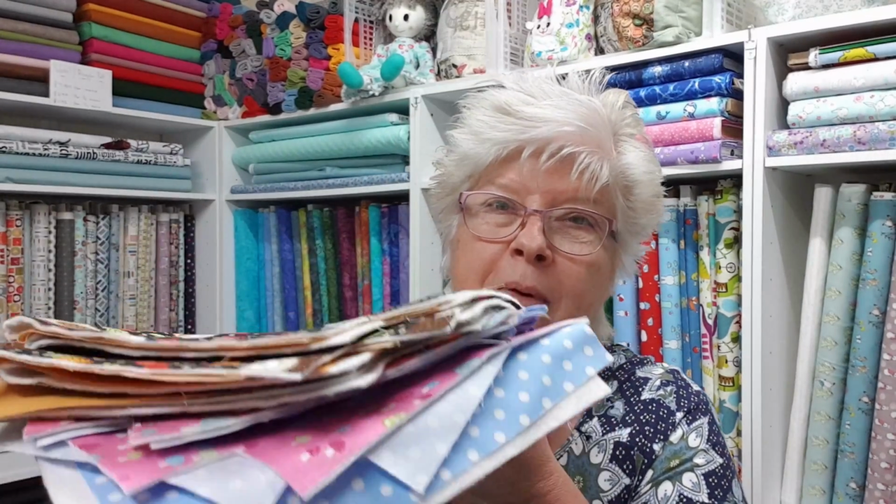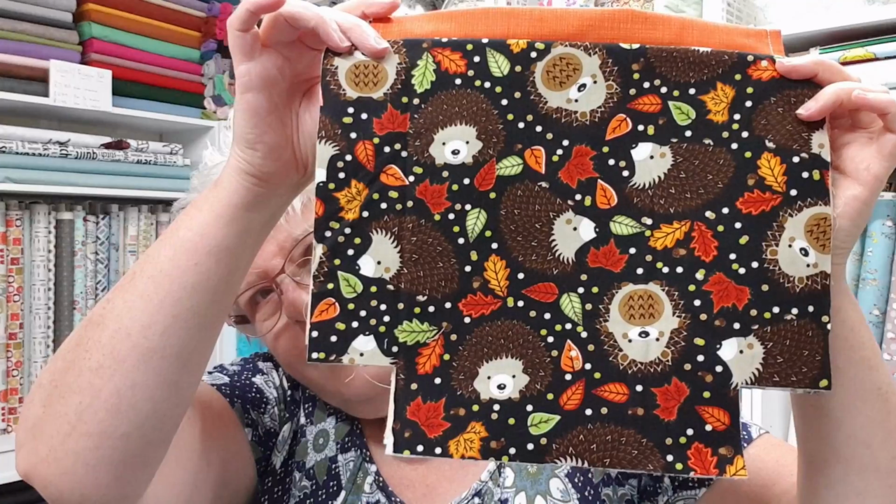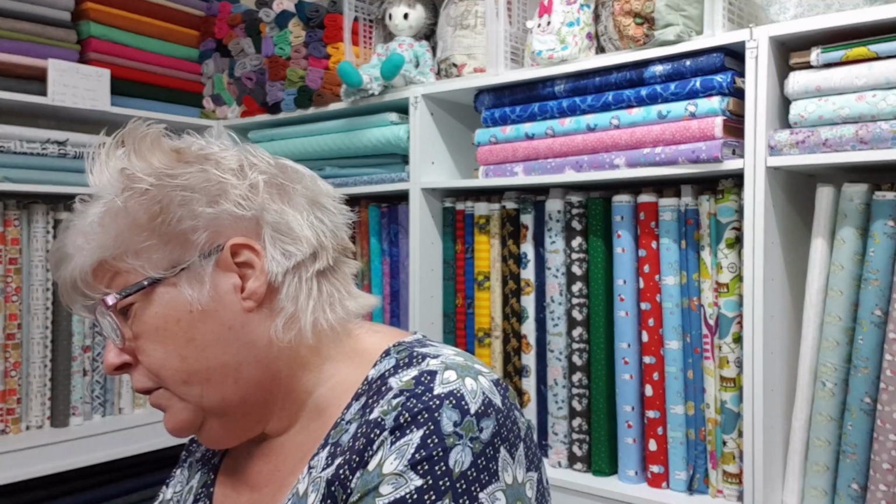So this is my little pile that I need to do, and I've decided to put some applique on. I'm just using up all the odds and ends that I've got of autumn fabric. So this is one of them with the nice hedgehogs on. I'm going to applique a nice pumpkin on there, and it's got yellow inside, which is really nice. So I think I've got 3 of these,